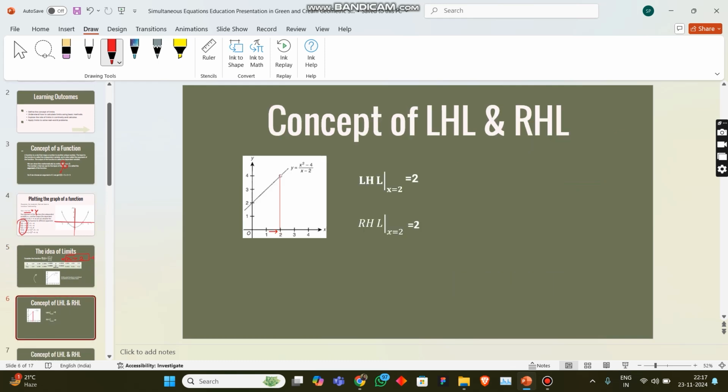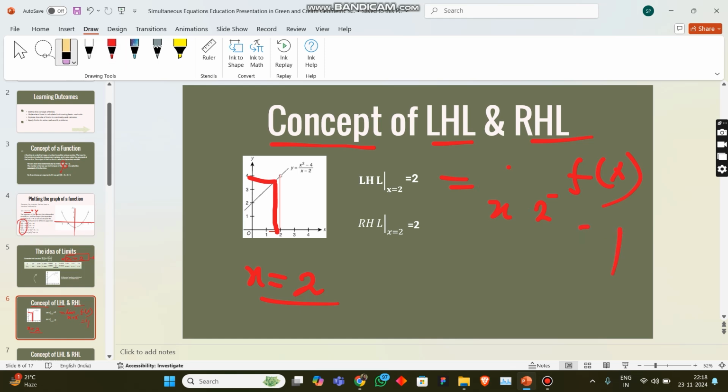Okay. So here we have the concept of left hand limit and right hand limit. Left hand limit is that, suppose at x equals 2, we are approaching x equals 2 from the left. Then this is called the left hand limit. We can write limit x tends to 2 minus, why 2 minus, because we are approaching from behind the 2, of f of x. Then we can find the value of limit x tends to 2 minus, which is just nearer to the 2. It will give me an almost approximate value of 4,